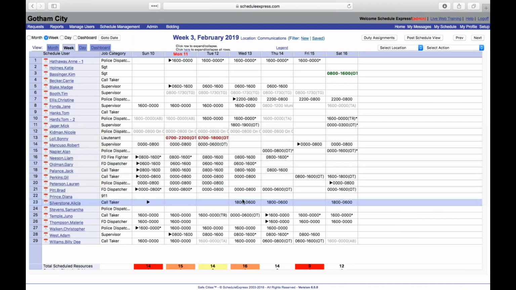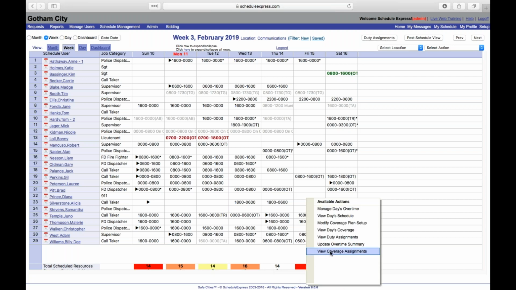I find it's easier to post overtime using the coverage plan. The colors at the bottom let you know if you're understaffed or overstaffed. If it's orange or red, it's going to tell you that some portion of that day has understaffing. The quickest way to post the overtime is to right-click on the bottom of the day and go to View